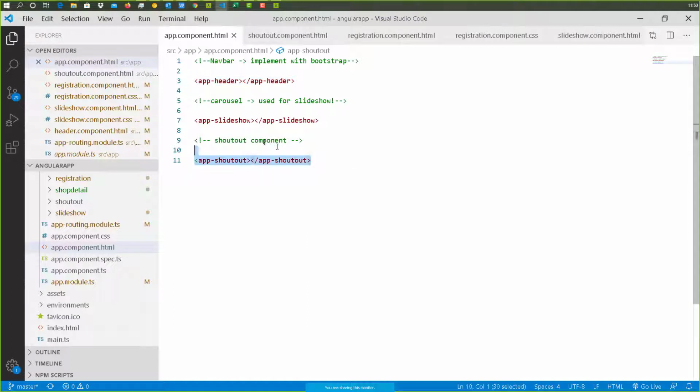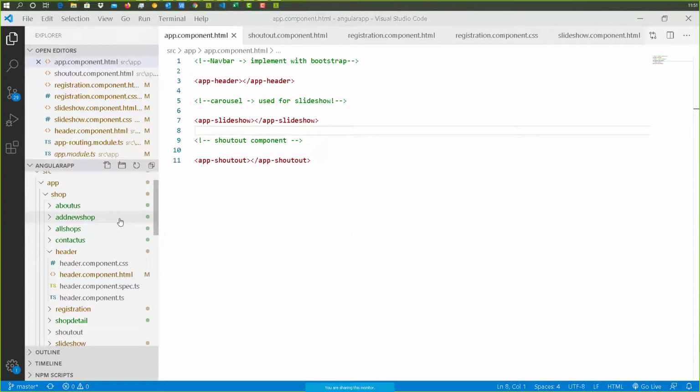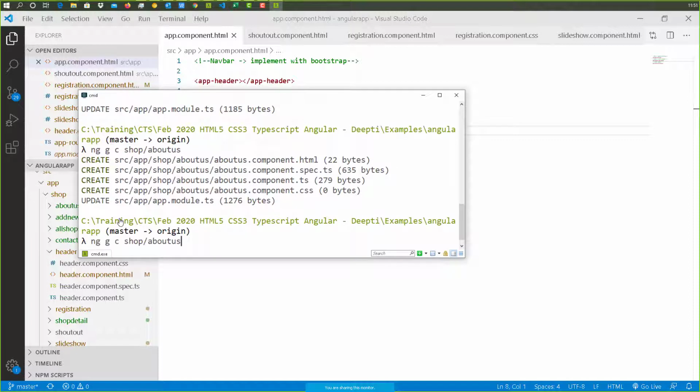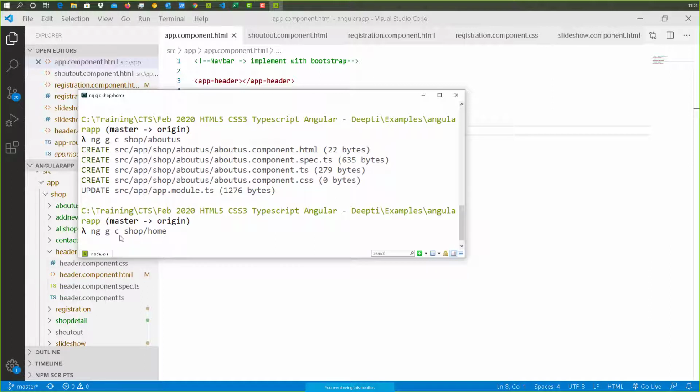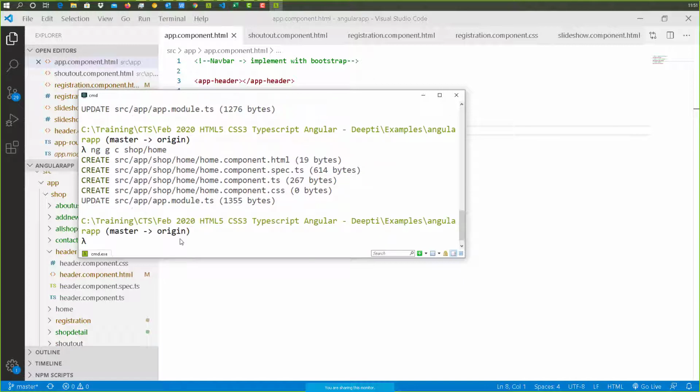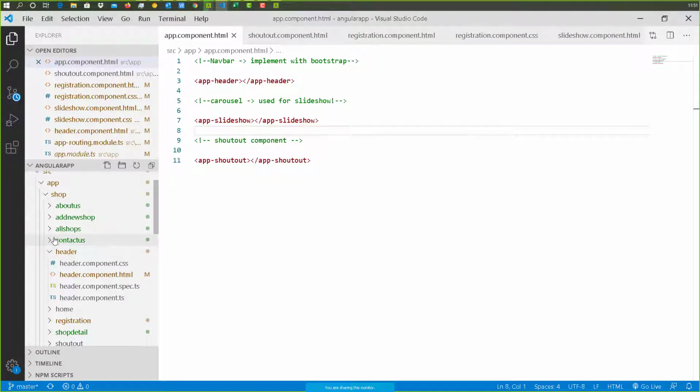But this slideshow and shout out component should go in a different component which I can load with home, right? So let me do one thing over here that will fix the issue for me. What I will do is in here I can create one home component, right? In the shop I'm creating a home component, and in the view of the home component,